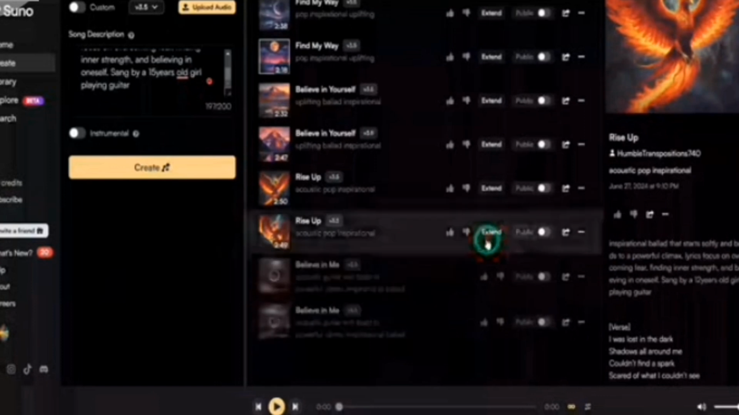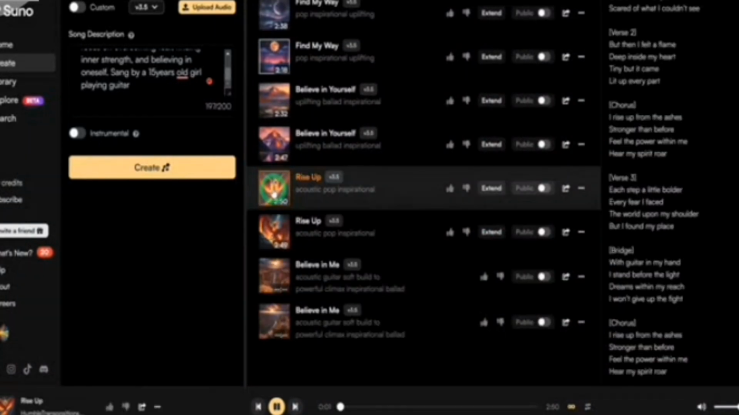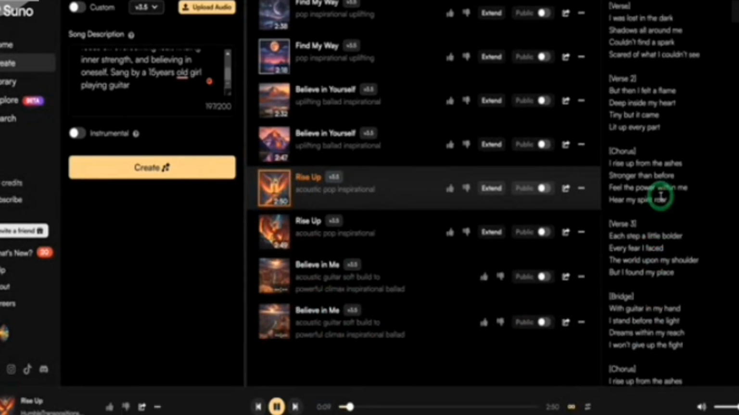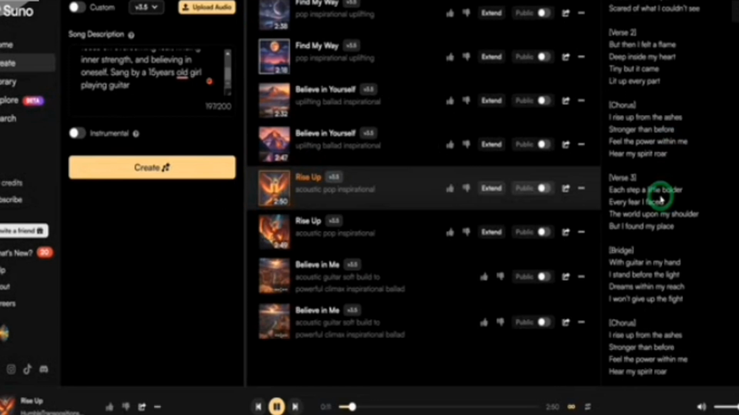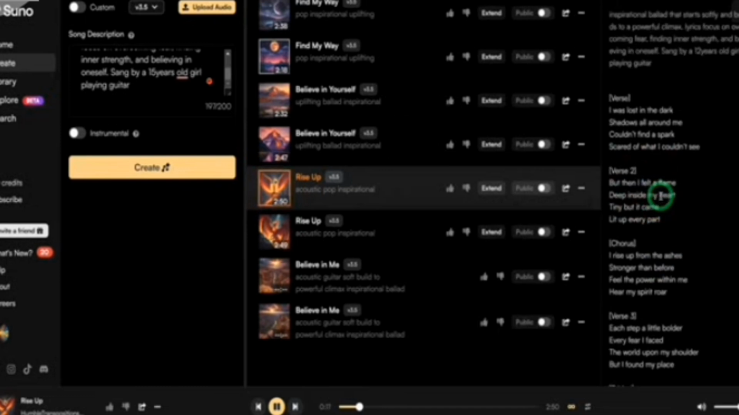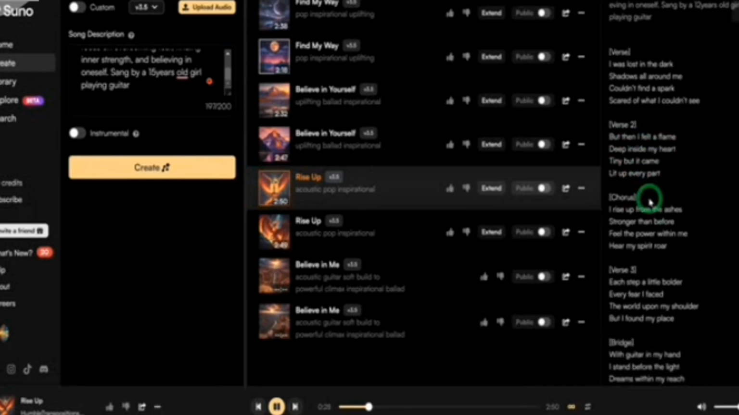Let's play this. I was lost in the dark, shadows all around me. Couldn't find a spark, scared of what I couldn't see. But then I felt the flame deep inside my heart. Tiny but it came, lit up every part. I rise up from the ashes,